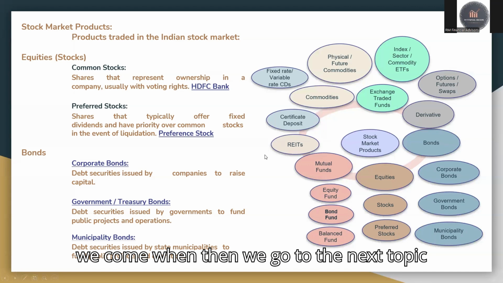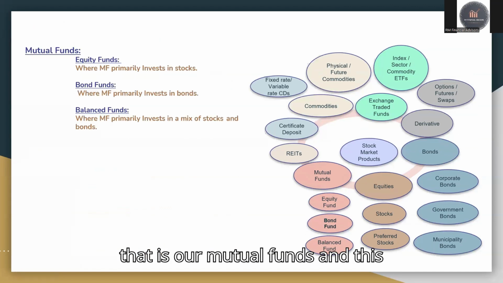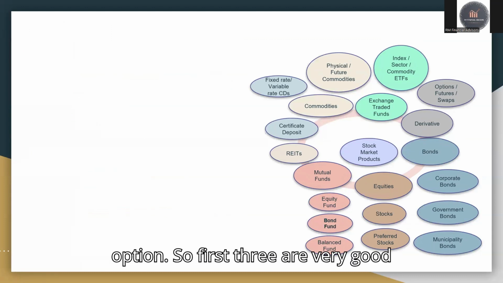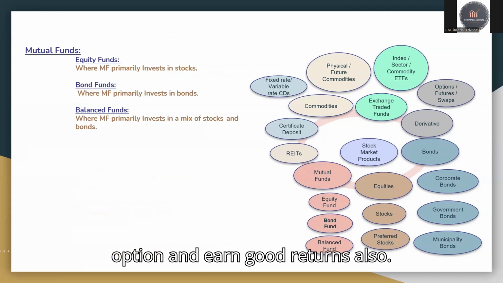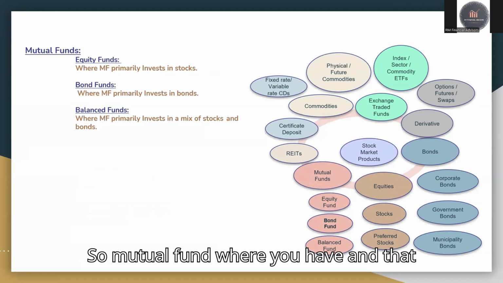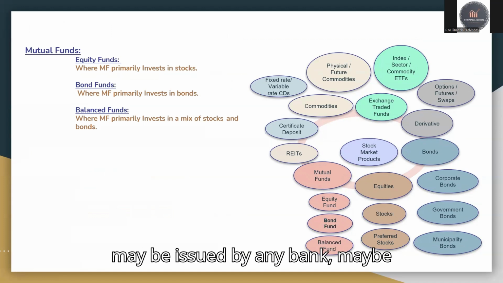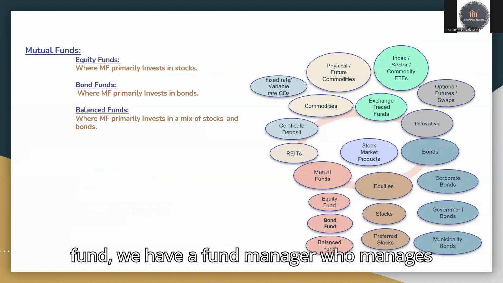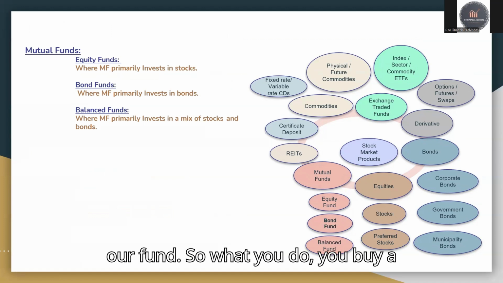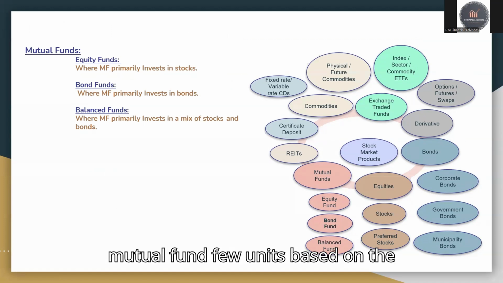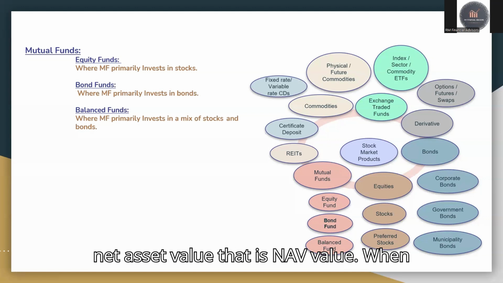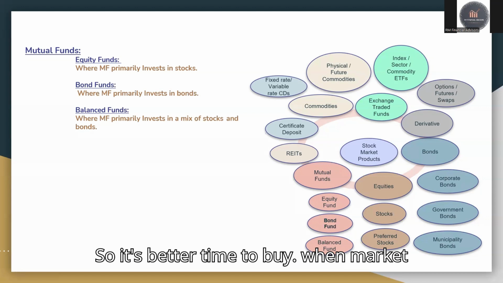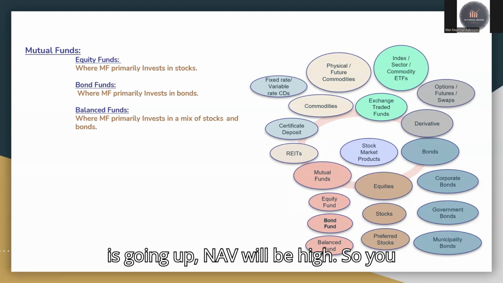Then we go to the next topic, that is mutual funds. And this is again a better option. So the first three are very good options and earn good returns also. A mutual fund may be issued by any bank or NBFC. The only thing is, in a mutual fund we have a fund manager who manages our fund. So what you do is buy a few units of a mutual fund based on the net asset value, that is the NAV. When the market is going down, NAV will be down, so it's a better time to buy. When the market is going up, NAV will be high, so